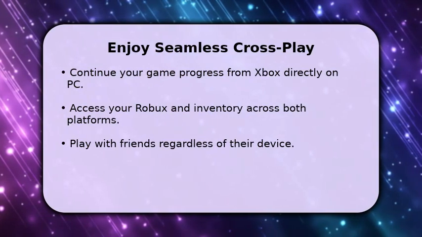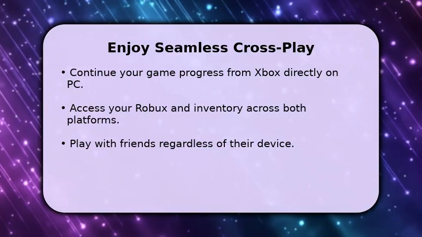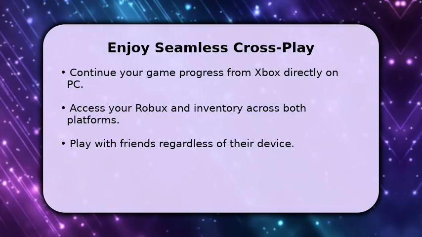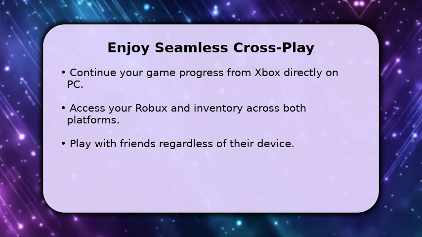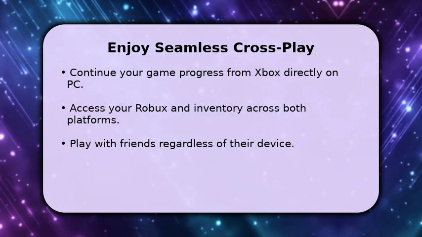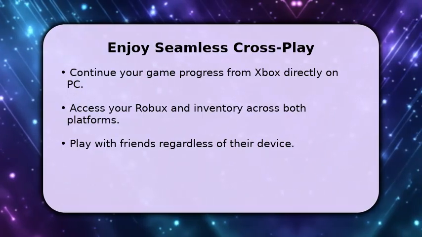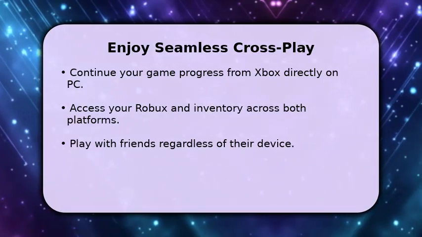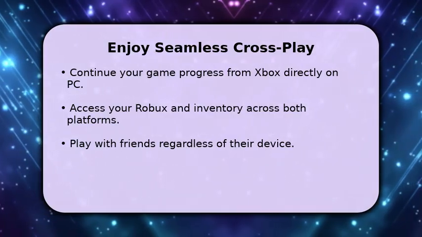The beauty of linking your accounts is the seamless cross-platform experience. You can start a game on your Xbox, save your progress, and then pick up exactly where you left off on your computer. All your purchased Robux and inventory items are also universally accessible. This means you can play with friends who are on Xbox, PC, or even mobile devices, fostering a truly connected